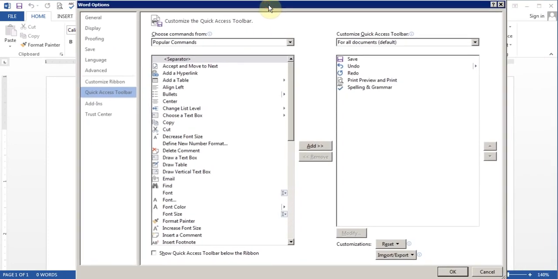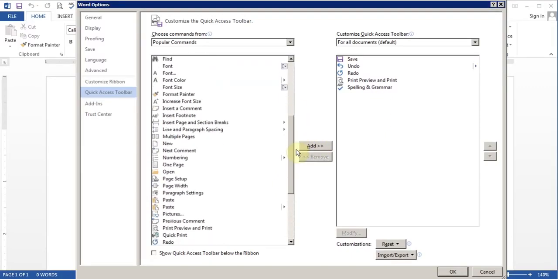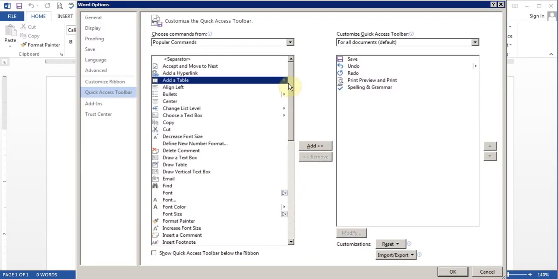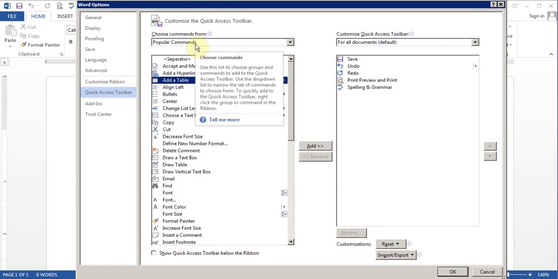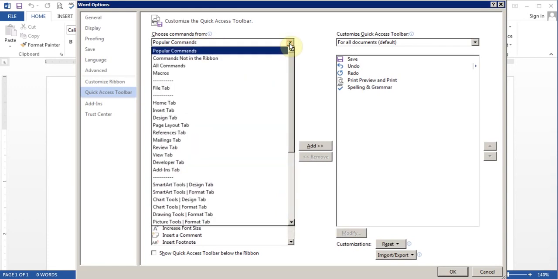And in this more commands, it's showing me that, you see, I can add any buttons I want and I can add it to my list. But you see right now it's showing me like 20 or 30 some commands. So if you look on the top, it says popular commands. So if I change this to all commands,